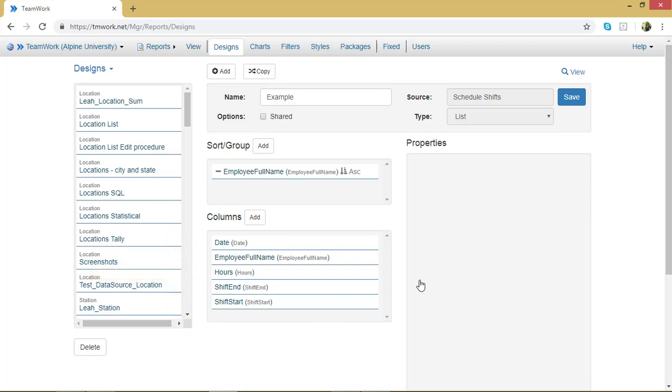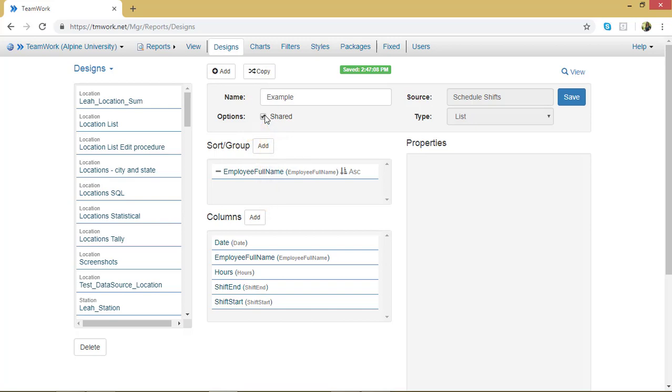In order for these changes to go into effect, you do need to save them. So at the top of your chart, click Save. A green save bar will appear under the main menu bar, letting you know when this page was last saved. If I want to share this report, I can click the box next to options titled Shared. This will share the report with everyone.